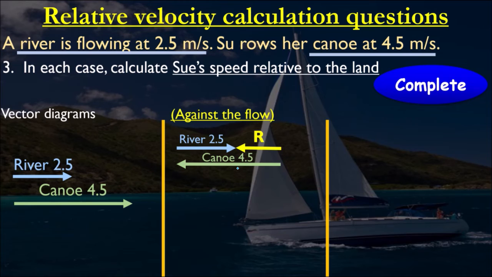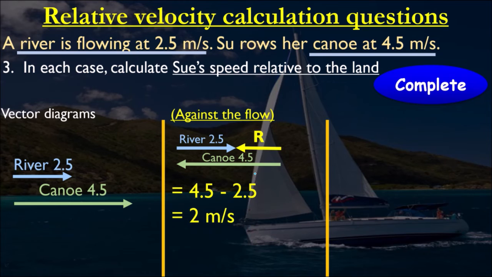Okay, in this case, it's simply a subtraction between the two vectors, because remember, the land is stationary. It's not like the river. Okay, so after 1 second, we don't need to do that calculation. It is moving at 2 meters per second against the flow of the river. Okay,